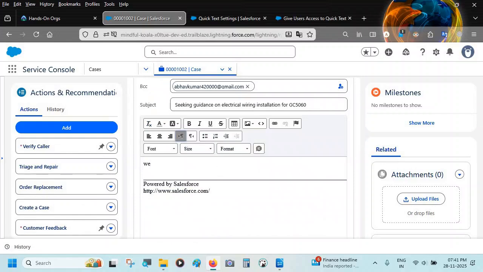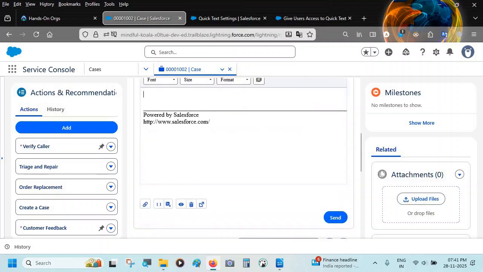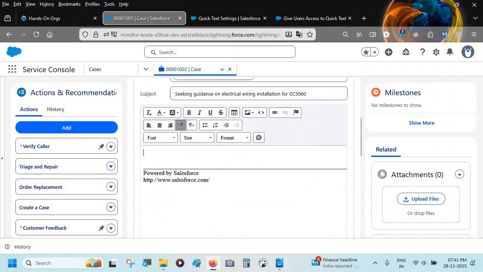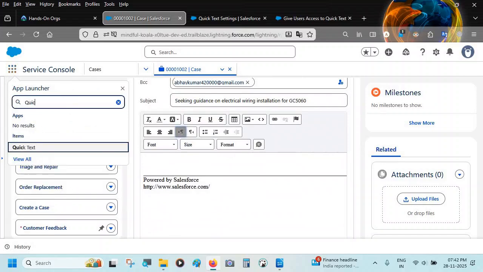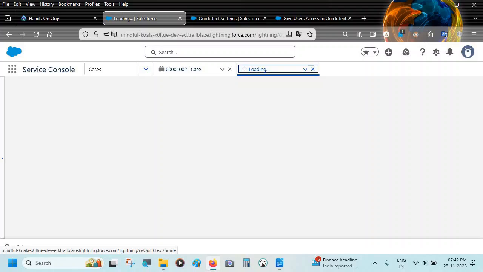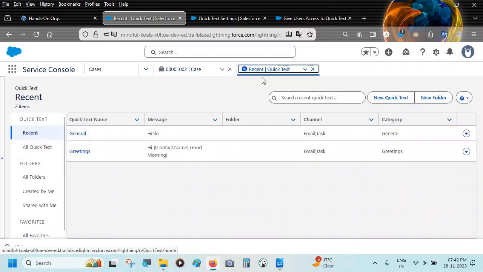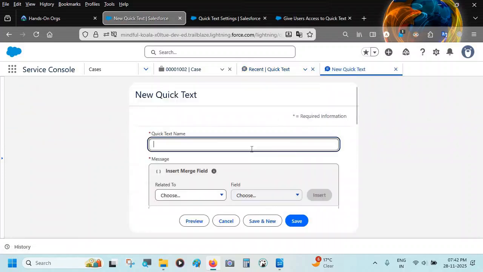So previously they were typing everything, and now let's enable quick text for them. We will go here and type quick text. As we are system admin, we have all the permissions to create quick text, share them, and we have everything. So we just need to click on this button, new quick text,